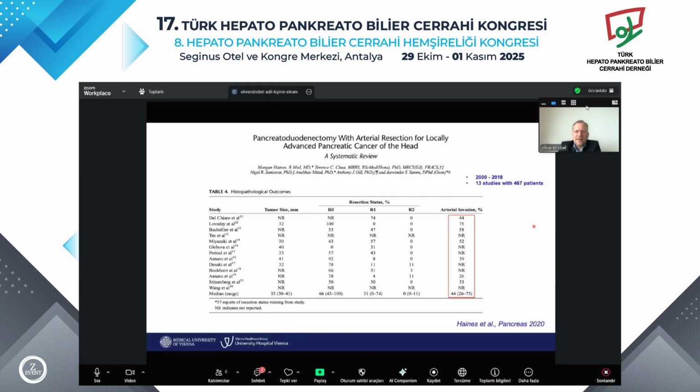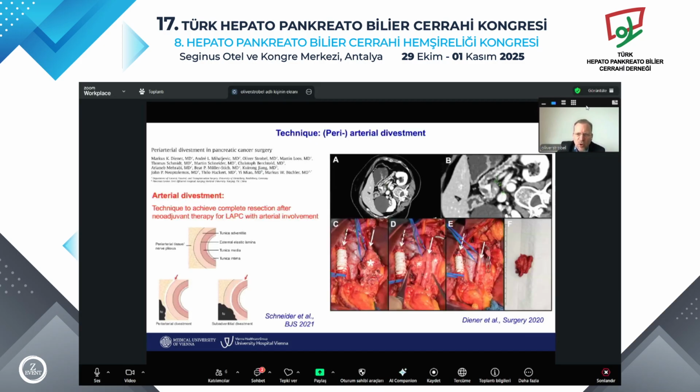With this in mind, it is interesting that in specimens of arterial resections in pancreatic cancer, in this meta-analysis, less than half of the arteries were really infiltrated. So this probably gave the rationale to develop the technique of arterial divestment,